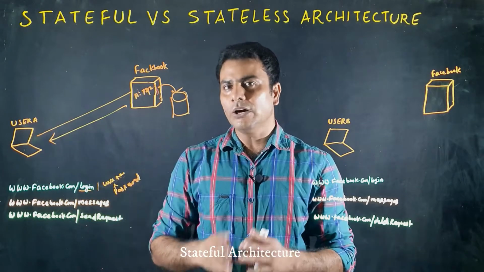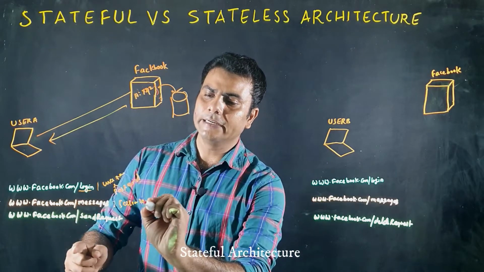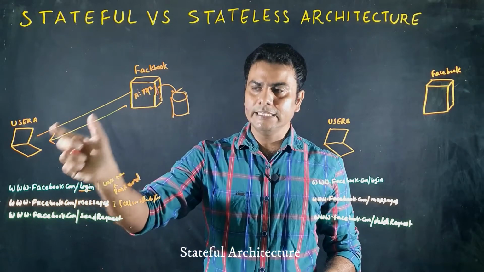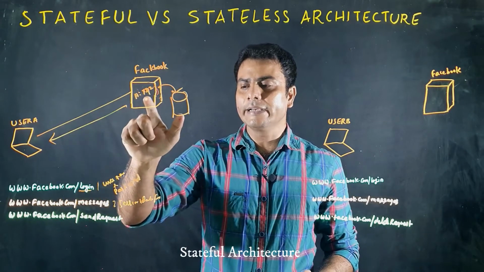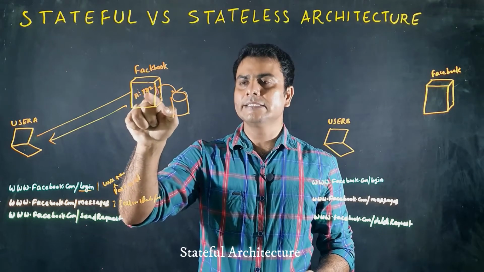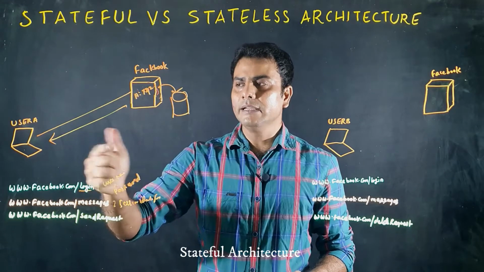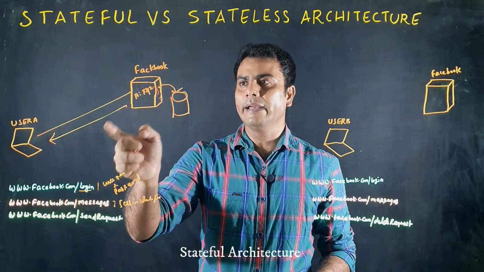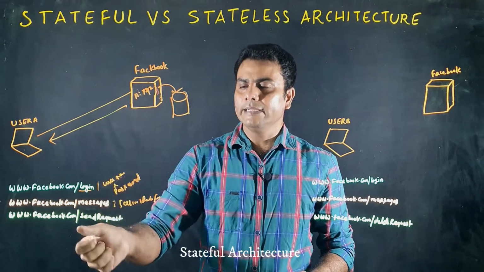Now the user wants to see all the messages. So the user makes a call to messages, along with the session identifier. The Facebook server will verify whether a session is created for this user on this server. If the session is already created, the server will verify the session identifier against the session data, and if it's valid, the server will redirect to the messages. Similarly, if the user again sends a request, the server will check the identifier and verify it with the session data stored on the server. If the user is valid, then he can make a friend request.